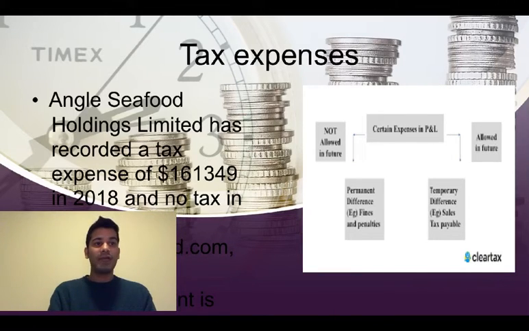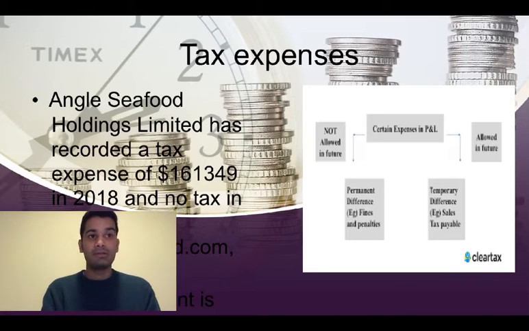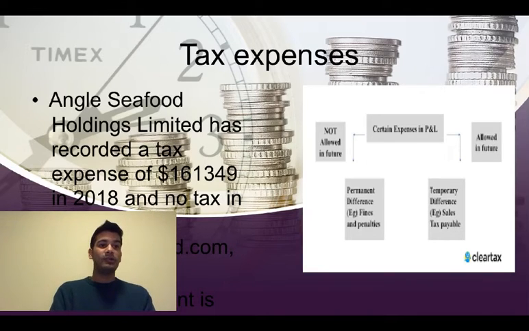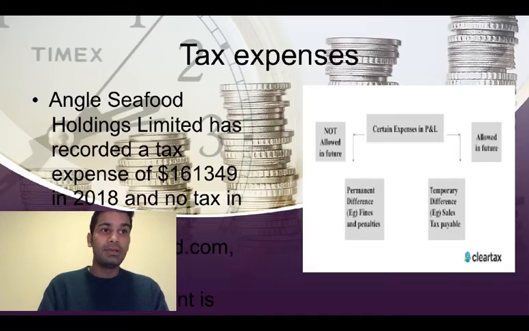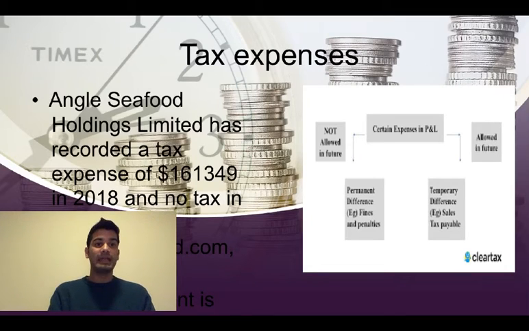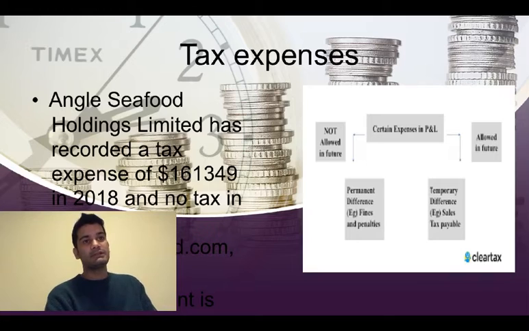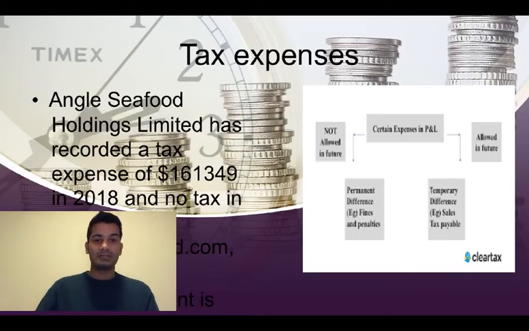The company does not have to pay taxes in the current year in comparison to 2018, as $1,061,349. This amount states the actual income tax payable by the business from its net profit to the taxation authority of the country. These are some of the points which elaborate the brief discussion about the tax expenses. Now I'm moving to the next slide.